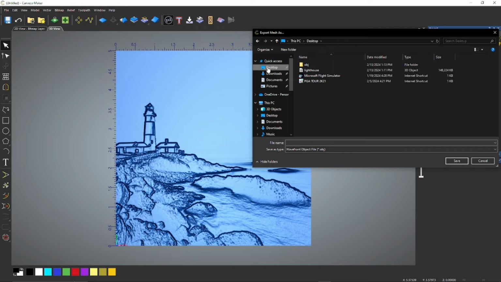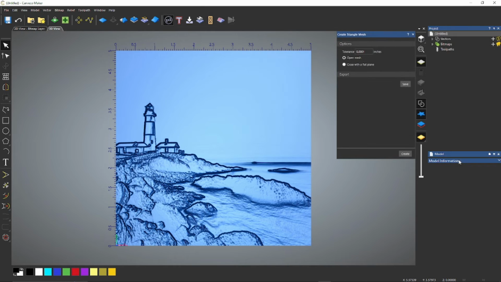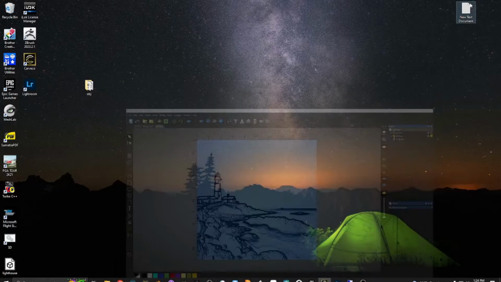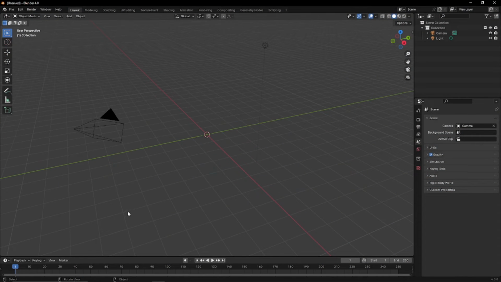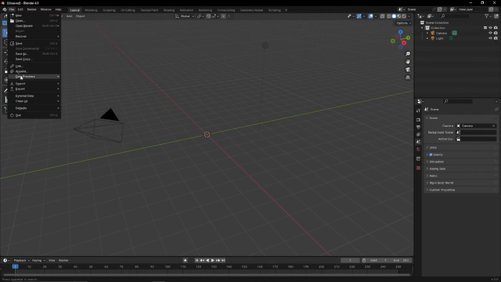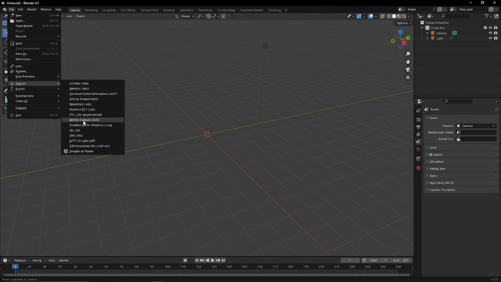I have a little area here. I'm going to call that Lighthouse, and we'll just save that. And I'm saving it as an OBJ because I'm going to work with it in Blender a little bit just to make it better for 3D printing. So once you do that, you can either close this and minimize it, and I have Blender here. Bring this up, and so I'm going to go to Blender, and I'm going to import OBJ,